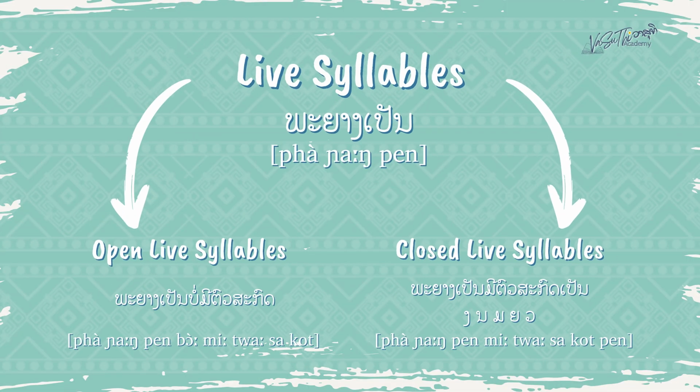Now let's move on to live syllables. พยางค์เป็น Live syllables are divided into open live syllables พยางค์เป็นบ่มีตัวสะกด and closed live syllables that are closed by a voiced or live consonant. พยางค์เป็นมีตัวสะกดเป็นงอนอมอยอวอ